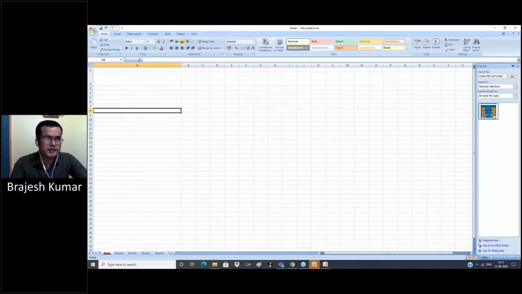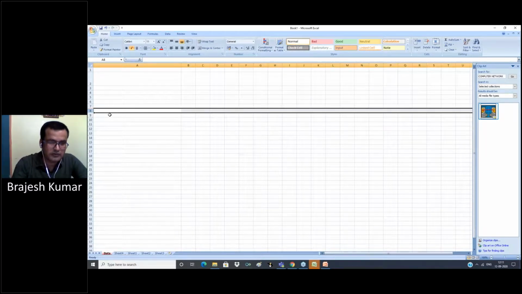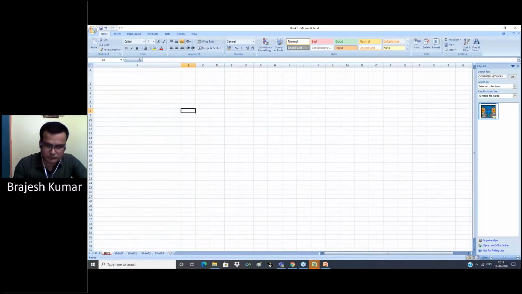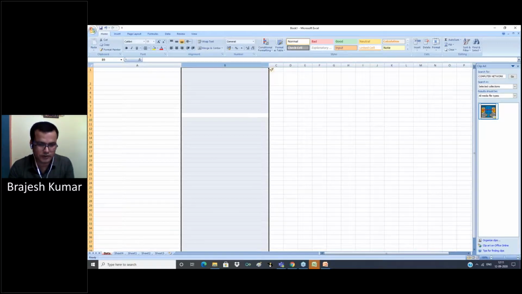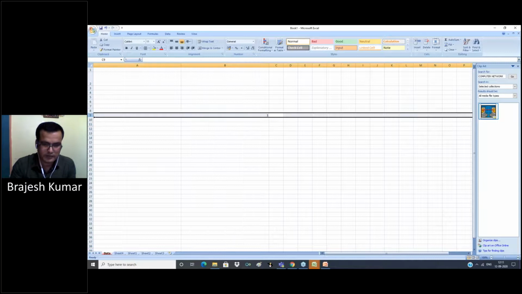To insert, we use Control plus. Select Control plus to insert a row. To delete a row, Control minus. Windows plus to insert a column, Windows plus to insert a row.